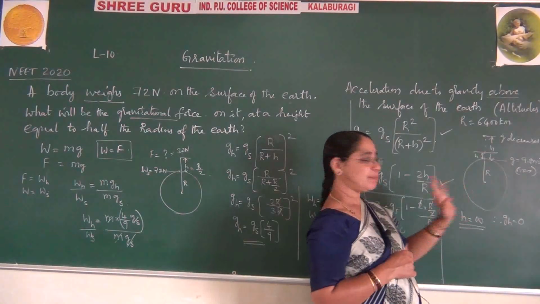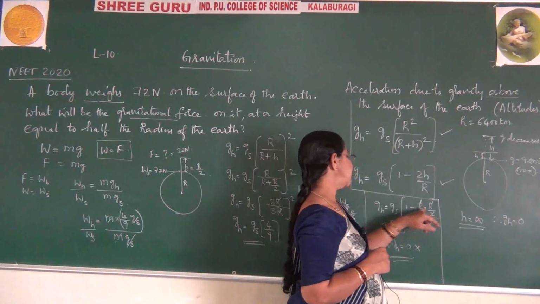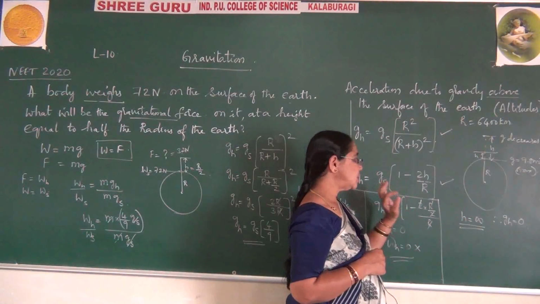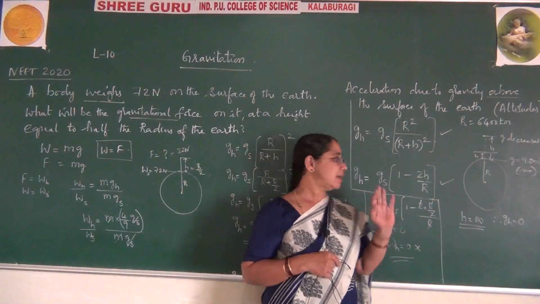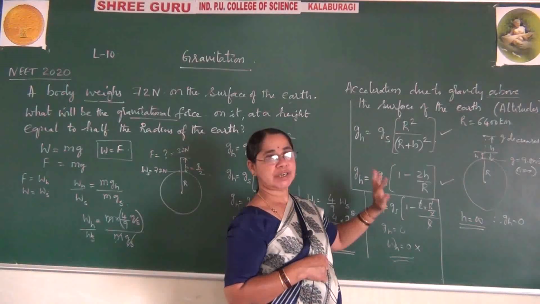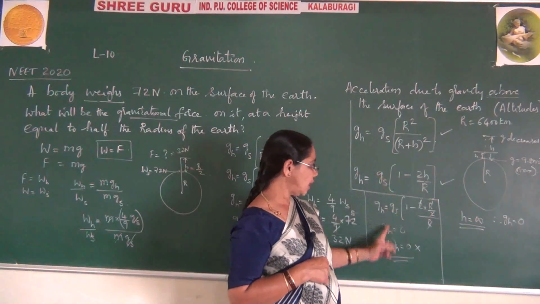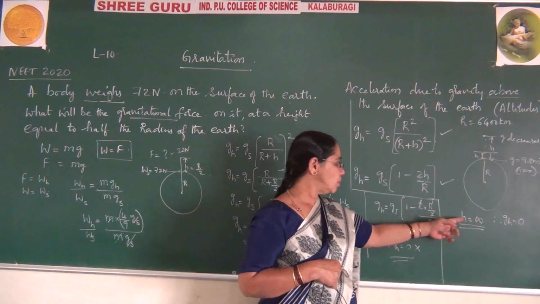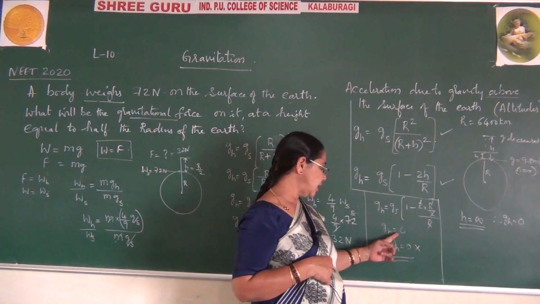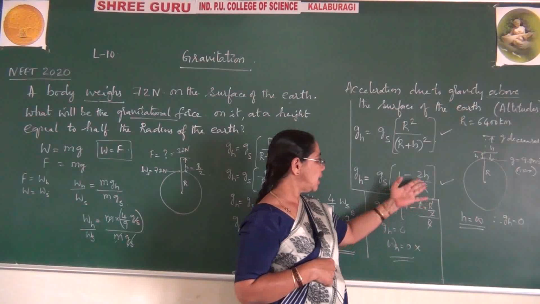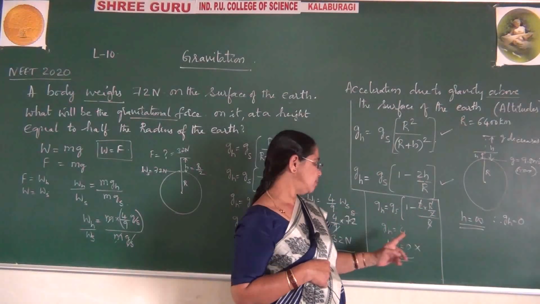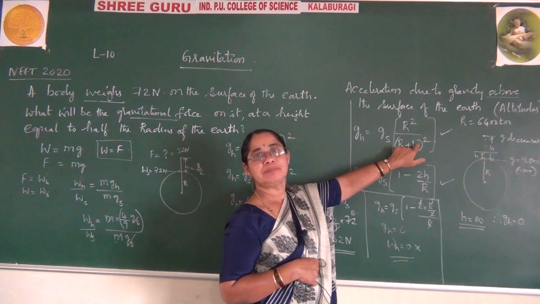So you are not supposed to say that at this position R by 2 itself GH becomes 0. So you have to select the one formula according to the conditions given in the question. Okay. So I think now you are able to catch it. Please observe. If you already know this condition, by chance if you solve, you will get GH equal to 0 at what point? At point R by 2. That is totally wrong as per the concept. So please be aware. Let us select this form.